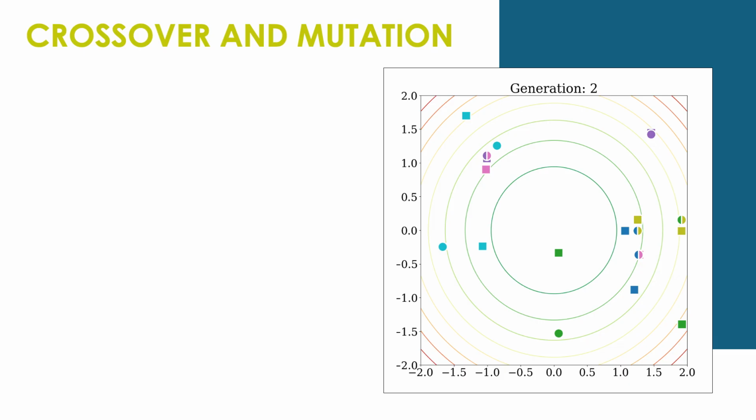To further improve diversity, random mutation is applied to the generated offspring with a certain probability. Let us look at the application of crossover and mutation to the current example. In the figure, children are represented as squares, while parents remain plotted as circles. Each color still identifies a different mating pair. Note that the random mutation has already been applied.